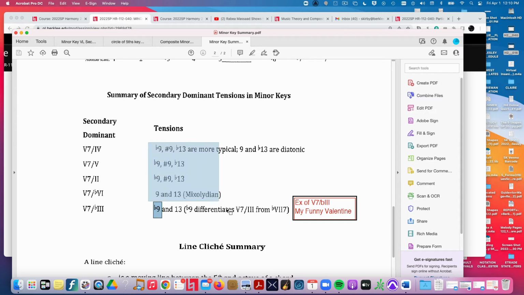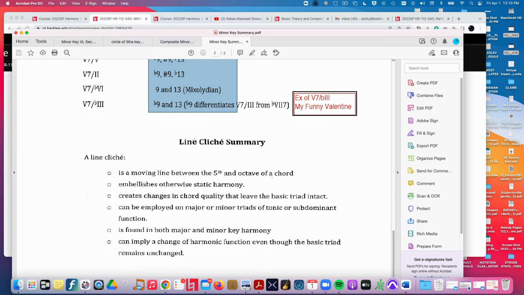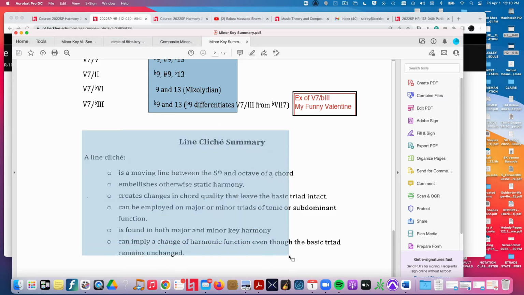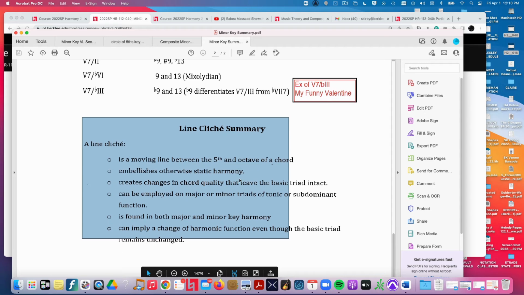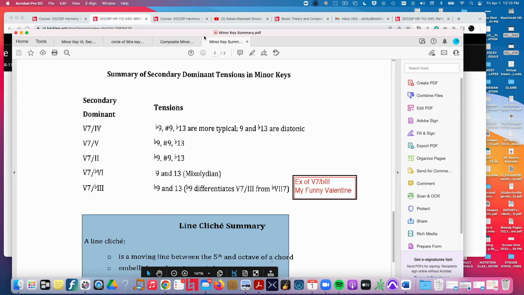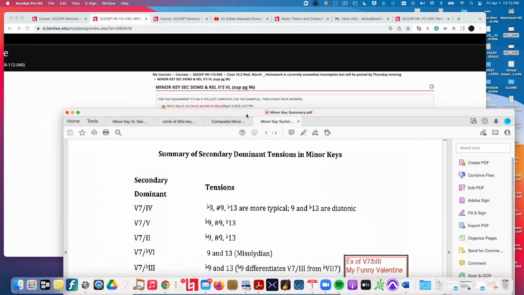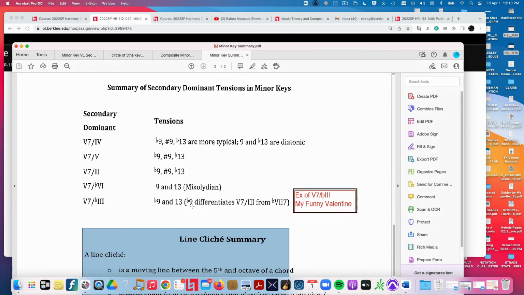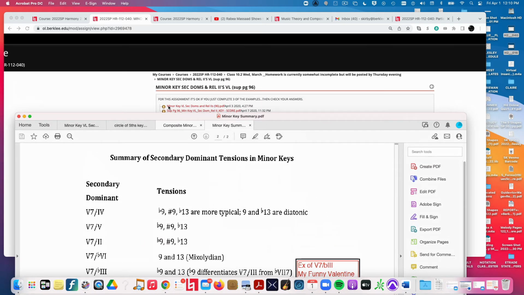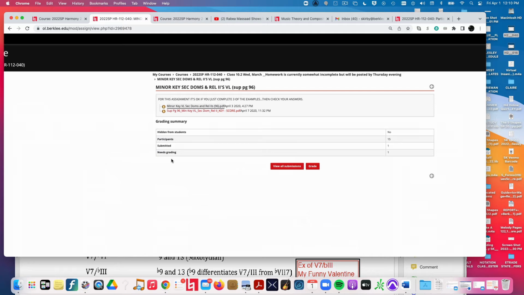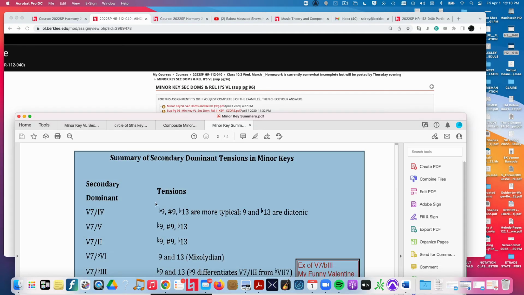So there's your available tensions on minor key secondary dominants. Line cliche is something we have yet to learn about, we'll learn about that next class. But there is one more thing I want to mention, which relates to the assignment that is attached here, which is the fact that there are related 2 chords in minor, just the way there are related 2 chords in major. And so you have this assignment